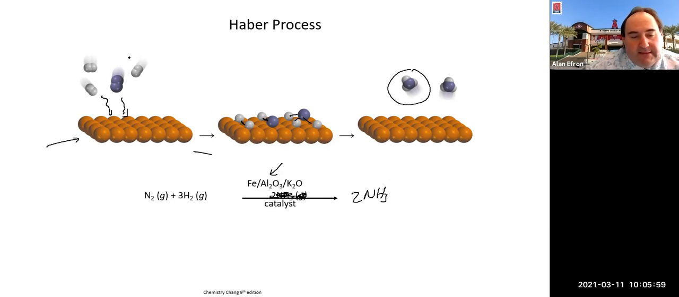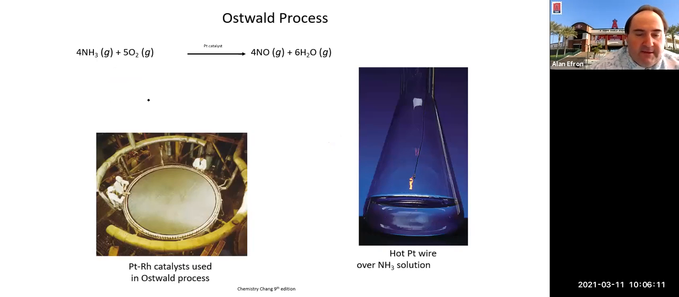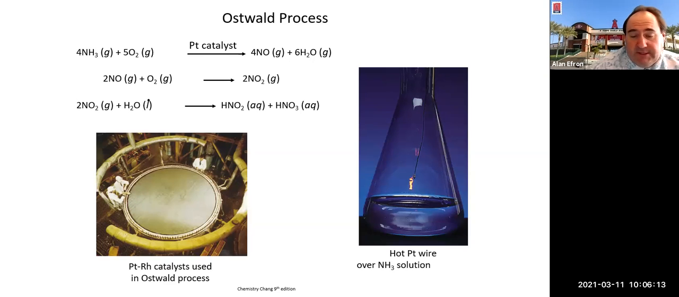Rather than these guys just flying around and hoping to come into contact with each other, it provides a platform, if you will, in this particular case for this reaction to occur a little bit more efficiently. Here's the production of nitric acid from ammonia and oxygen using a platinum wire as a catalyst, as you can